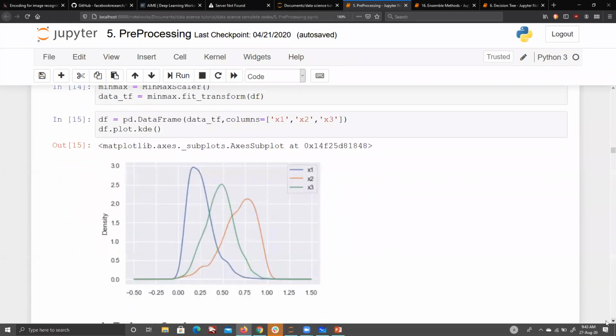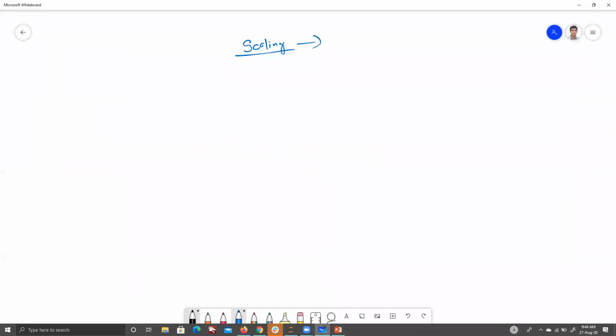Okay, so again, how does min-max scaler work? It evens out the data spread based on the min and max values. So it basically puts them on that scale, bringing them into a scale of 0 to 1. Remember, it does not change the shape of the data. The shape of the data remains as it is. Now the only problem is that it is sensitive to outliers.